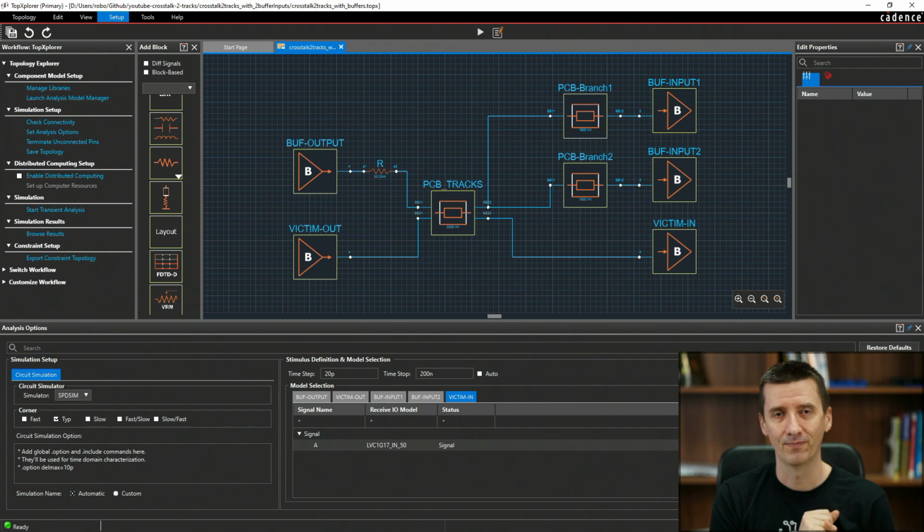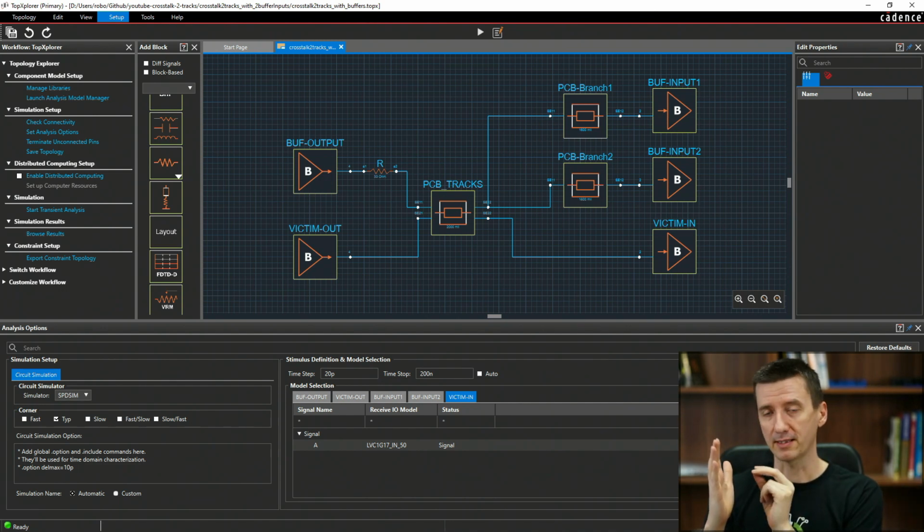However, if at least one side of your track is properly matched, what is going to happen? Once your signal arrives at the end of the track which doesn't have proper impedance matching, there will be reflection.